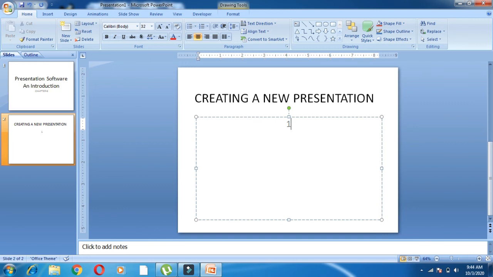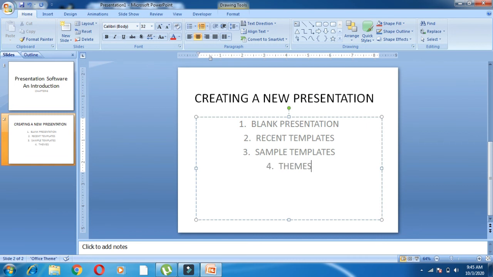Point number 1: blank presentation. Blank presentation means empty. Second we have recent templates. Suppose recently you have worked with some templates, you can use those also. And third we have sample templates. Some inbuilt sample templates are also provided, where the design is all there and you just have to edit the text.